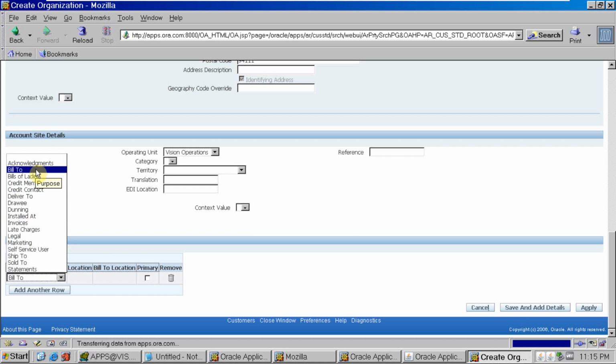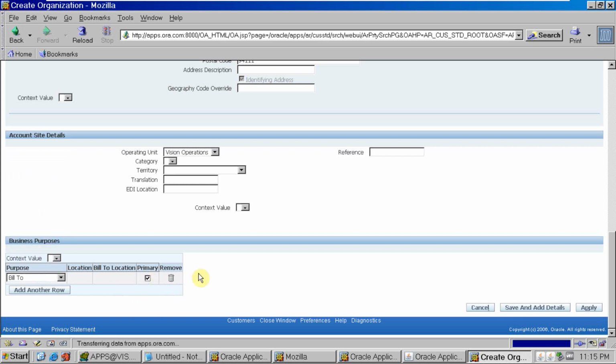I will select only bill to and select primary because this is my primary site. I can also add others, but I will use only bill to. So I will click on save and add details.